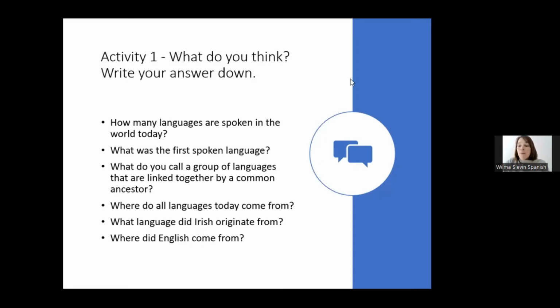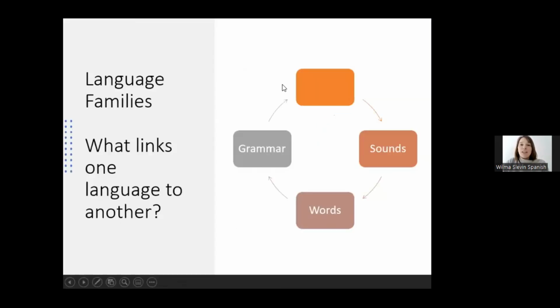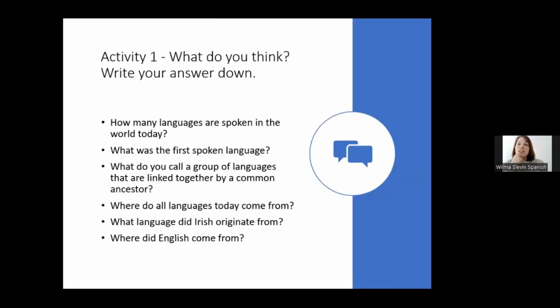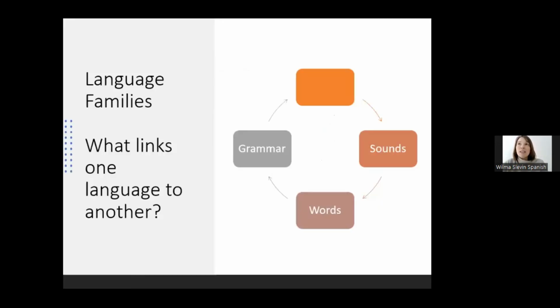So moving on from these questions and answers, sorry, I don't have the answers right now. But this first spoken language, we've no physical evidence of any of these languages. What we are looking at are reconstructed languages, and particularly the reconstructed language called Proto-Indo-European, which is where a lot of our European and Indian languages obviously come from.